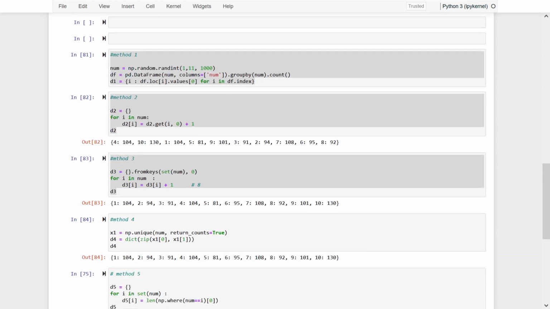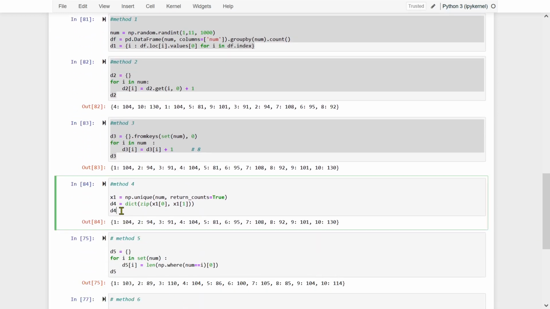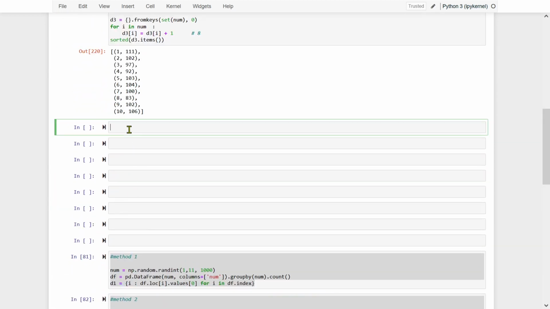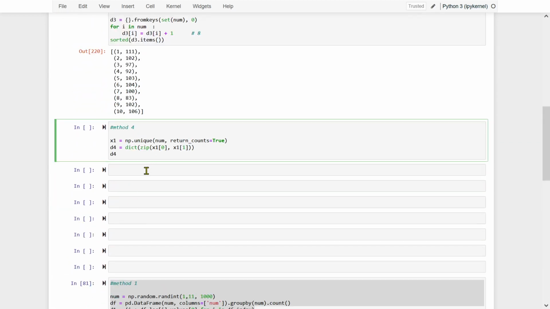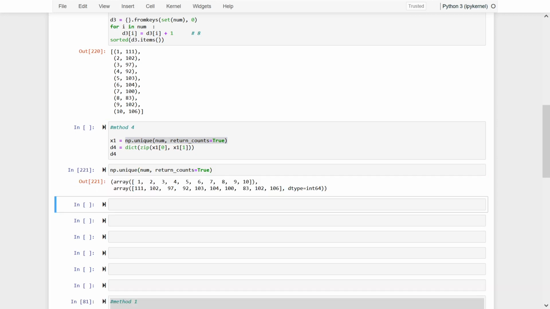Method number 4. This is very simple, we are doing nothing. There is the NumPy library we are using. What are we doing? See, when we write this, this is what happens. The first line will be the distinct numbers, and the second line will be the corresponding occurrences of each number. So 1 is occurring 111 times, 2 is occurring 102 times, etc. So after that, what I'm doing is zipping. So this is